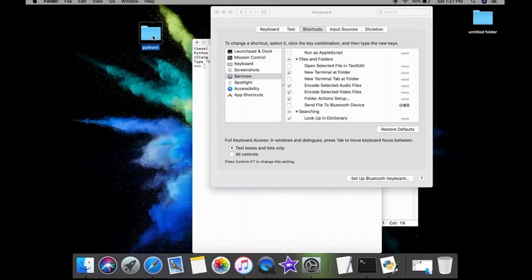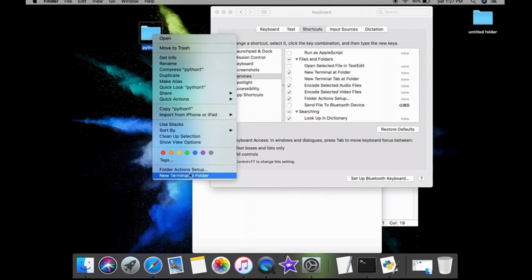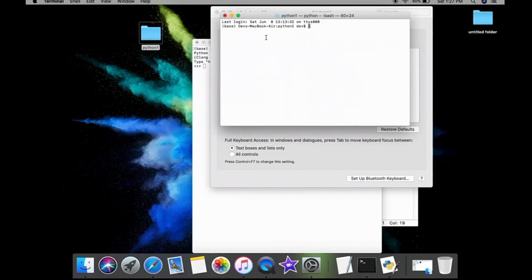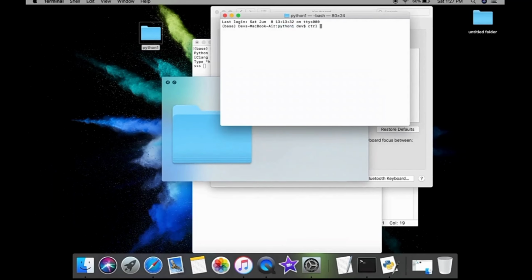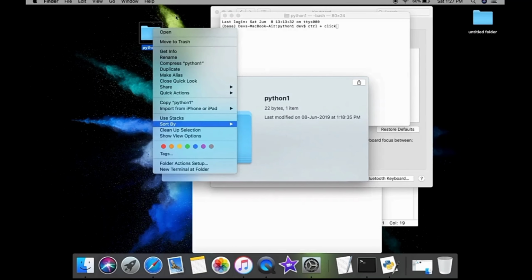Just click on this one, and then to make a right click, Control plus click on your trackpad, then you will get this option. Here you have New Terminal at Folder, and now you are directly on that folder. If you see this Python 1, so if you are getting this option on the file, then it's good, and if you are not getting it, just forget that. Press Control plus click. That will be like this one. Here you will find this option, New Terminal at Folder.